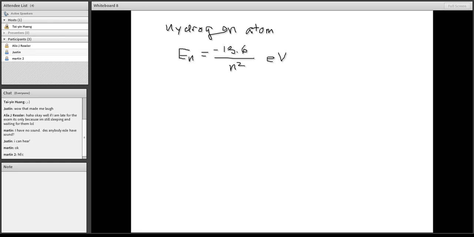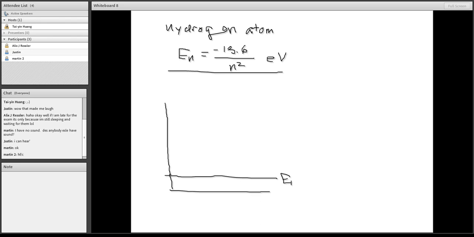Okay, and so this is the energy of the electron. Based on this, we can actually draw the energy levels. Let's say this is E1, the ground state, or n equal to 1, and then you have your n equal to 2, you have your E2, and then you have your E3. They are not equally spaced, but they are actually getting closer and closer. Okay, and then let's say this is your E4, then you have